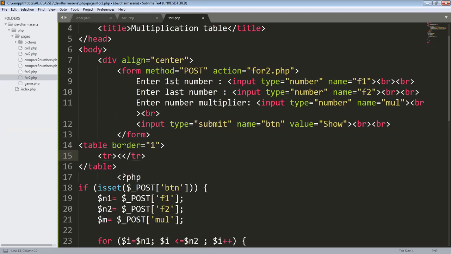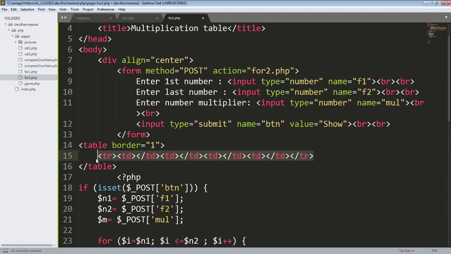Then I will pick table data. Okay, I will copy them several times to get the table. First, I want to get the multiplier, then multiplication symbol, then how many times, and the answer, right?